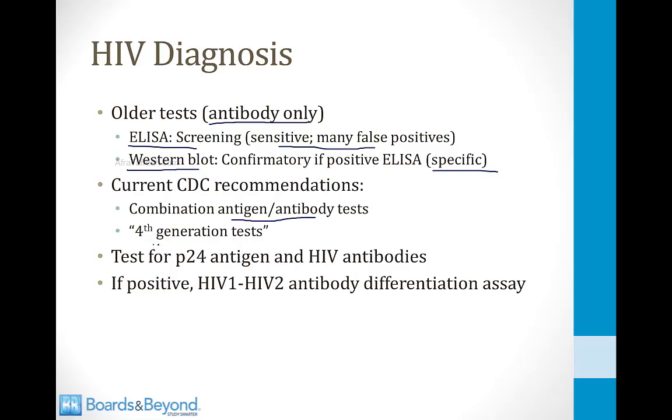These are also called fourth-generation tests. These tests look not only for antibodies but also for antigens from HIV. So they test for presence of the P24 antigen and HIV antibodies, and these are believed to be more accurate for detecting infection. If the fourth generation or combination test is positive, then an HIV-1, HIV-2 antibody differentiation assay is